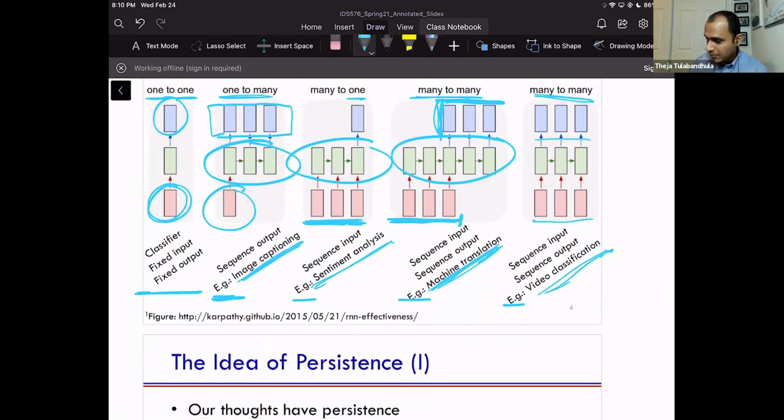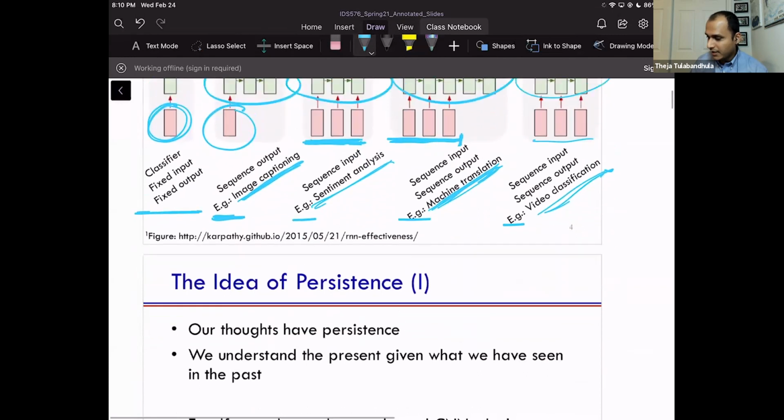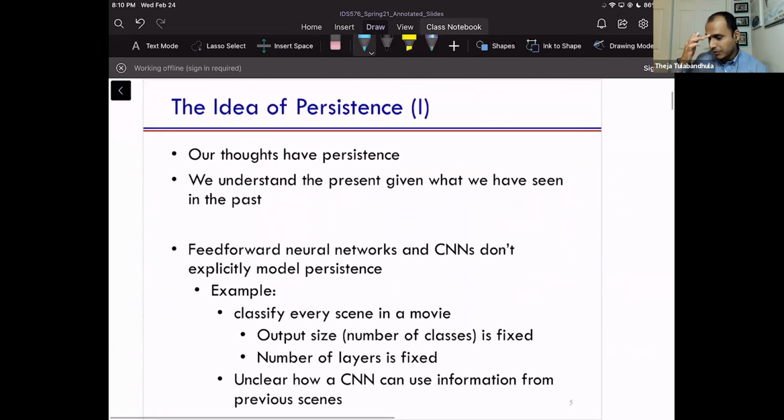Now let's talk about the green stuff in the center. Before we talk about the wiring of the green blocks, we want to capture the idea of persistence, which is basically the idea of how to capture temporal information. We certainly have temporal information. What I'm saying in the next sentence is certainly related to what I said 30 seconds ago. We generally understand the present given what we have seen in the past. What I've discussed in the past may give you information about what we are discussing next, for example in the context of this session.